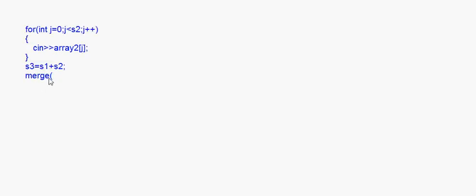So here we give array1, s1, array2, s2, and array3. This is the function call. Now I'll write the function first and then we will come back to this.